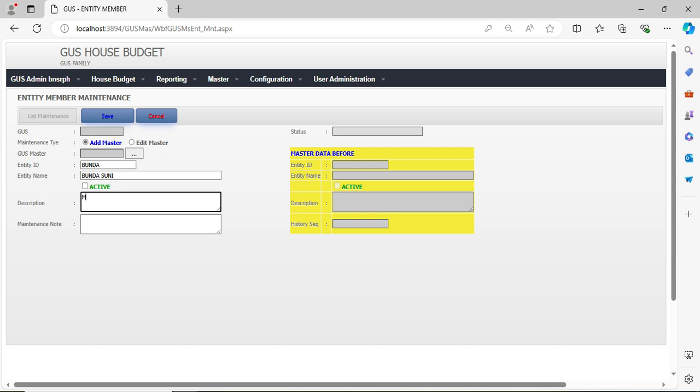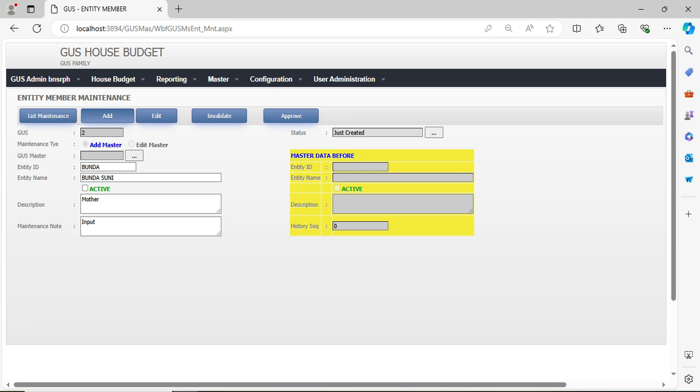This is the menu here: Master, entity member, budget group, budget category, and menu.